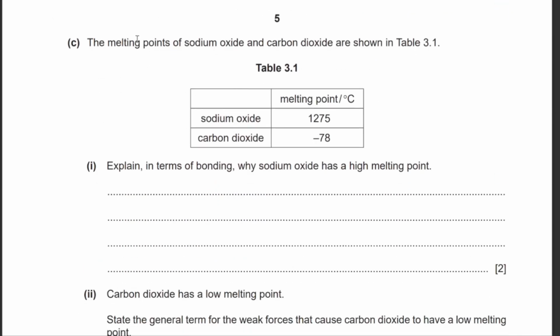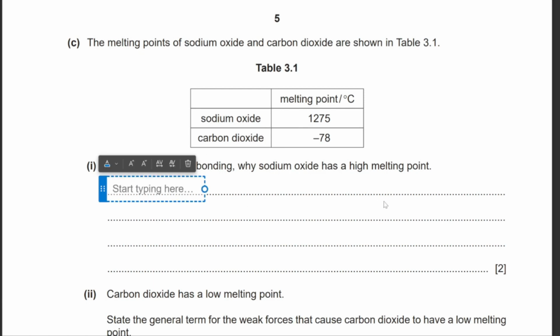Moving forward, the melting points of sodium oxide and carbon dioxide are shown in table 3.1. Explain in terms of bonding why sodium oxide has a high melting point. Alright, as we know, sodium oxide is an ionic compound. Ionic compounds usually tend to have a higher melting and boiling point compared to covalent compounds. So our reason is sodium oxide is an ionic compound